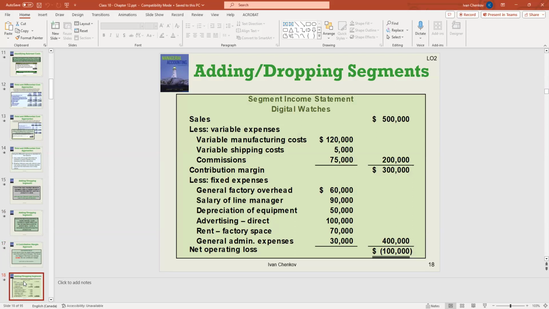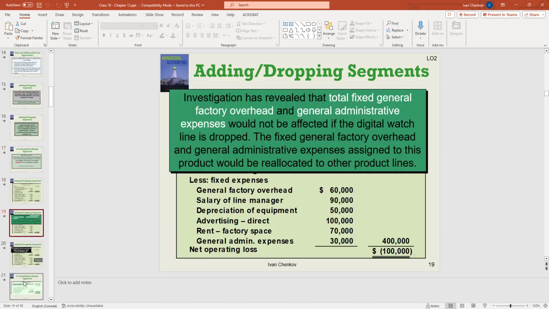Some accountant prepared this statement for us. He split the cost. As you can see here, we have a contribution margin statement: sales, variable cost, fixed cost. So sales are 500,000, variable cost 200,000, contribution margin 300,000, fixed cost 400,000, net operating loss $100,000. Now the question is, how much of those fixed costs can we actually avoid if we decide to close this division? Close investigation reveals that the total fixed